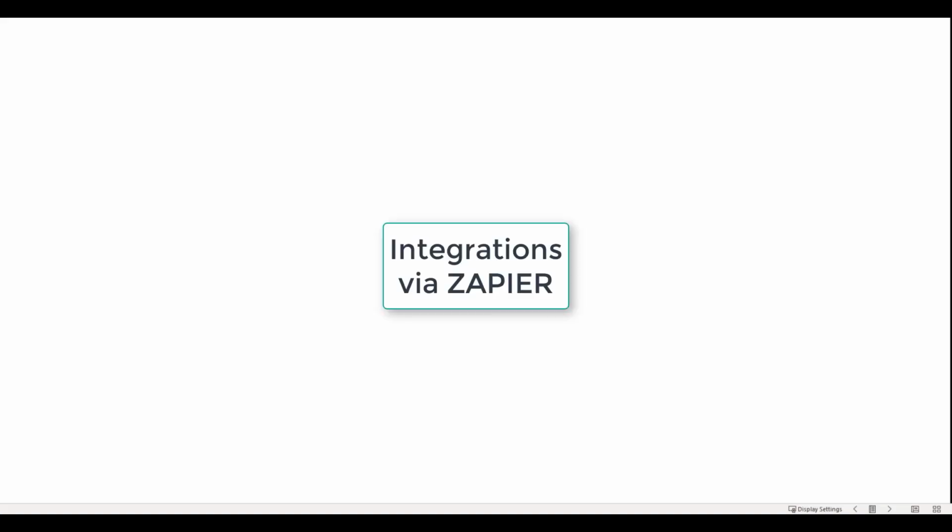In this video, we're going to look at how to integrate your automation platform with other platforms via Zapier. So there are a lot of different ways you can do this. This example is going to show how to pull the data out of your platform through Zapier into a Google Sheet. Okay, so it could go to different places other than a Google Sheet, but this is the example we're